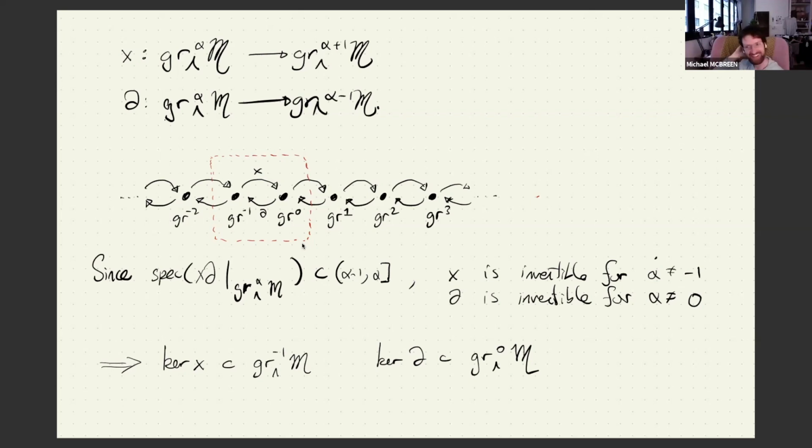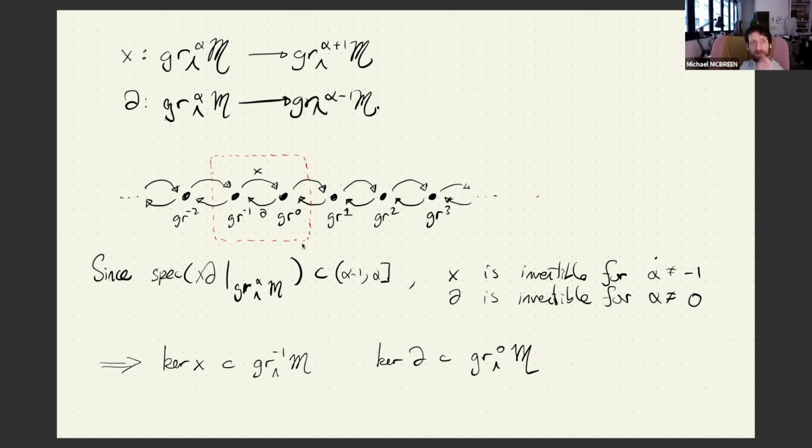I think I stole this from Brunebarbe. But anyways, let me not go through this at length. I'll just leave it in the notes if you like. But basically the point is that if you look at the whole associated graded of the lambda filtration,